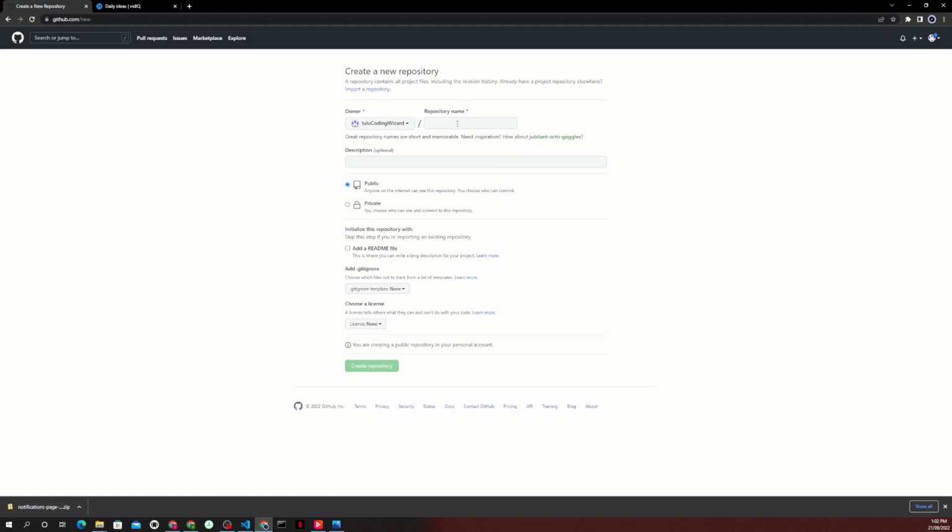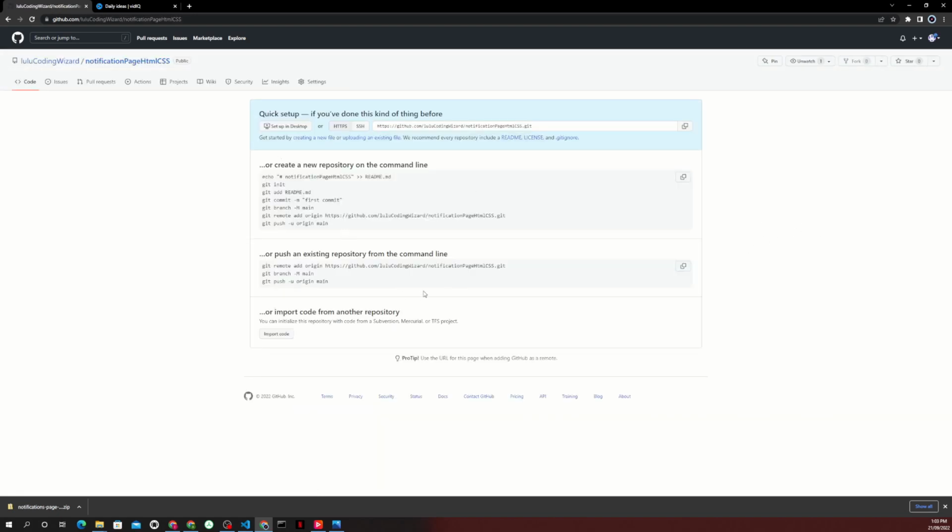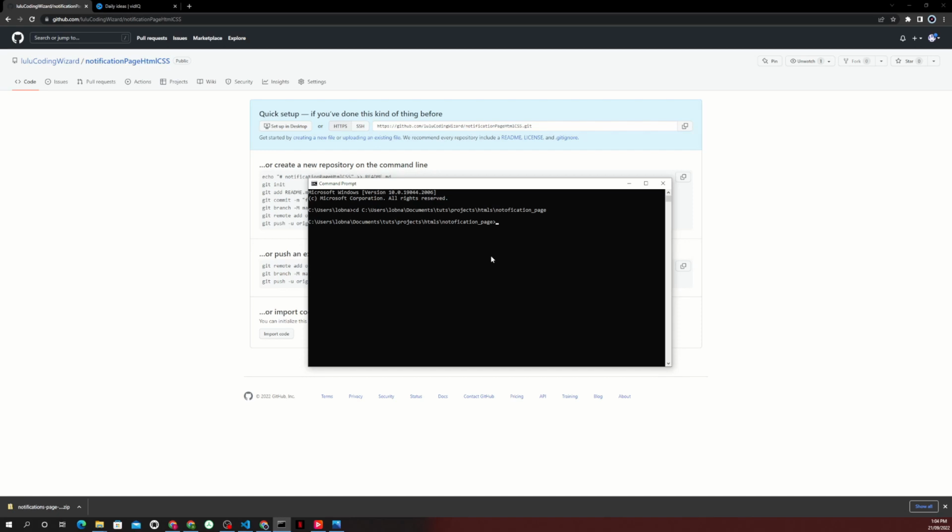So I'll create a repository here under my GitHub account, and I will call it, for example, notification page, and this will be basically using HTML and CSS. So I'll just give it a meaningful name. I want it to be public. I don't want to include a README file. I'll just create the repository. Easy. On your machine, you can create this folder wherever you want, and I will just create my project in there. So I'll open my Visual Studio Code,